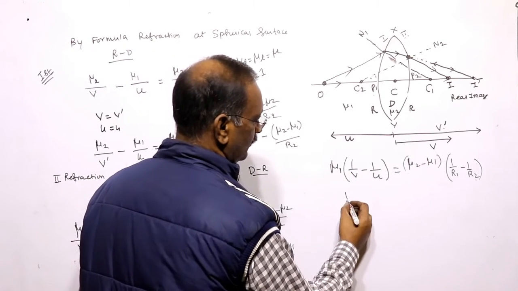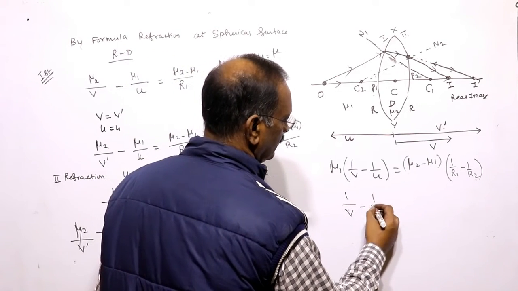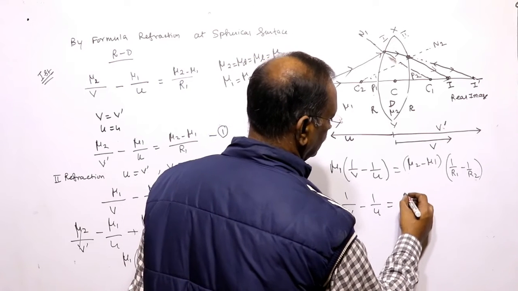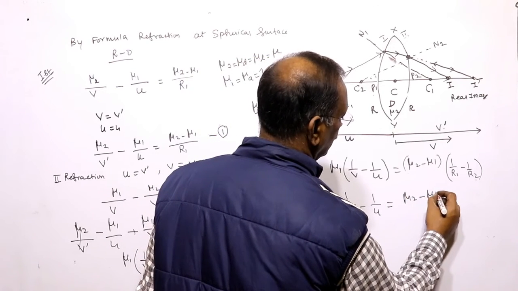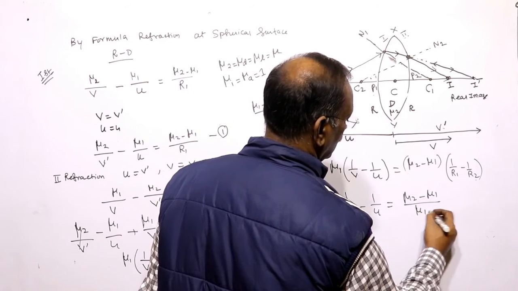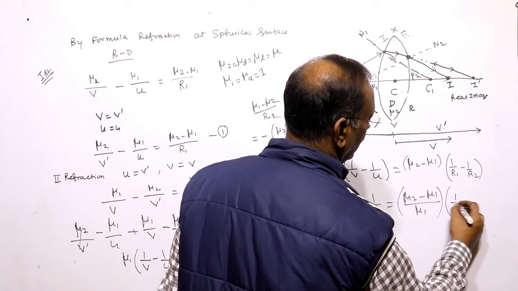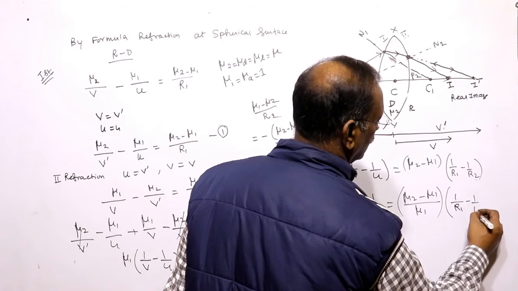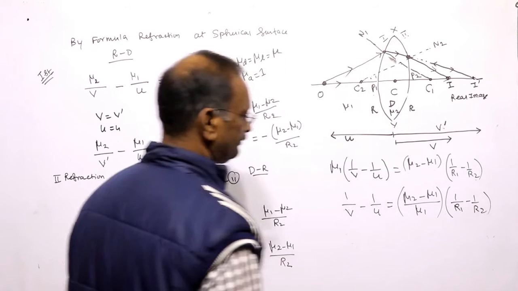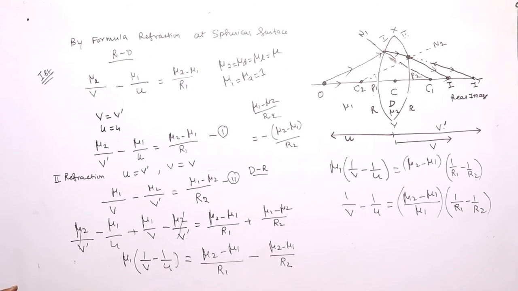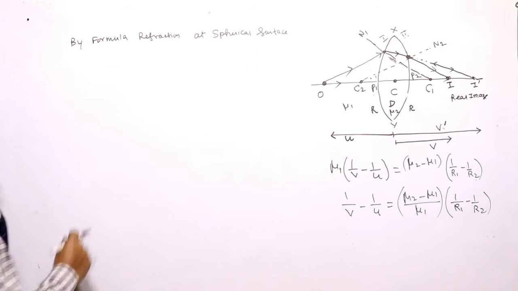Take this mu1 to that side: 1 by V minus 1 by U is equal to mu2 minus mu1 by mu1 into 1 by R1 minus 1 by R2. Therefore,